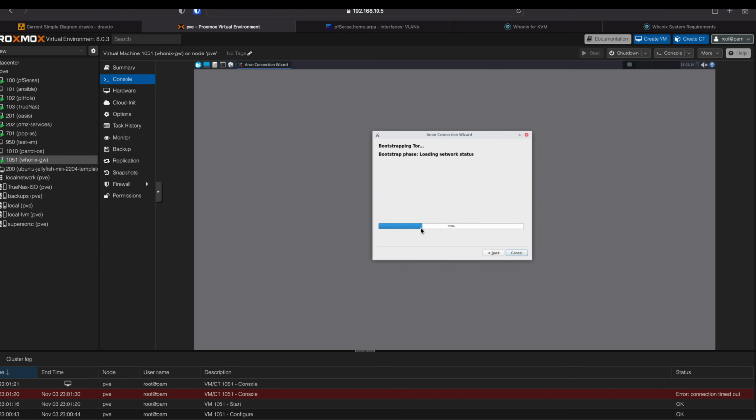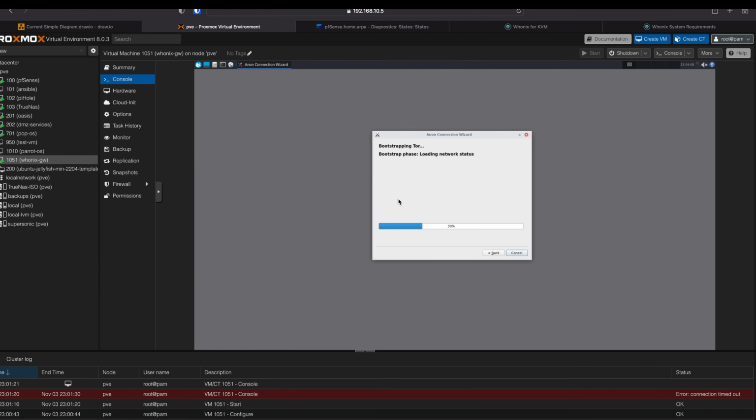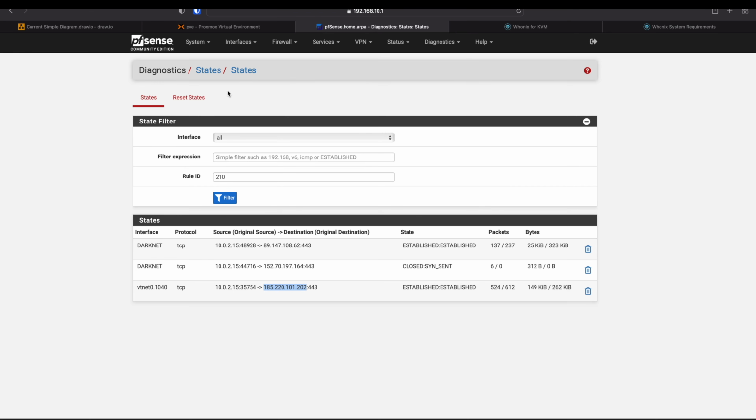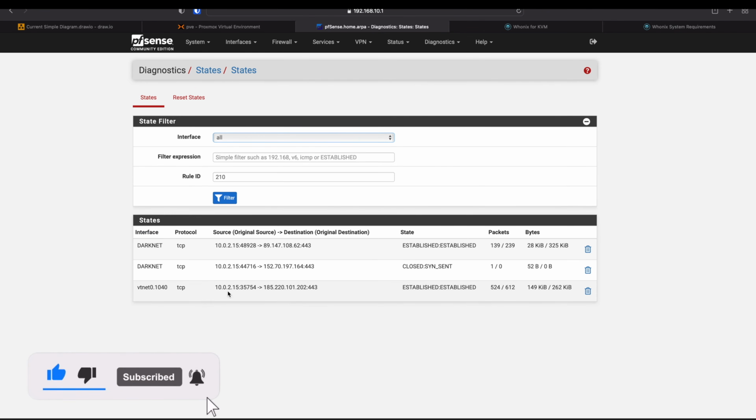Sometimes it takes a while at this stage, or this process is really slow, so we'll let it complete, and once it's done I'll get back to you. We're still going. Let's see if there is any firewall rules generation. So there is 2 states active. So let's click that, and